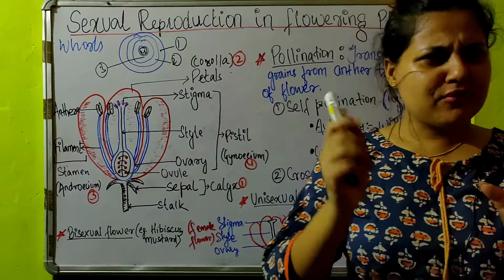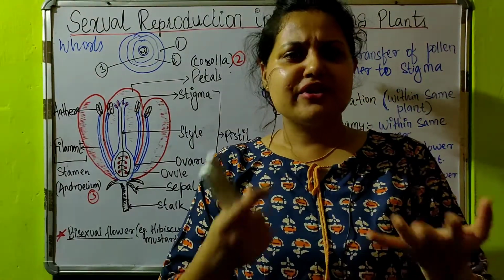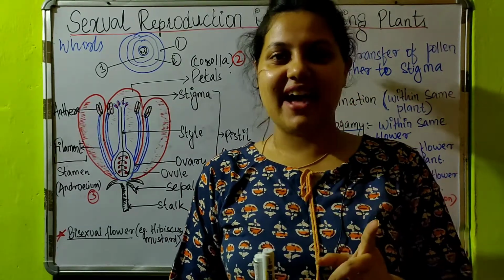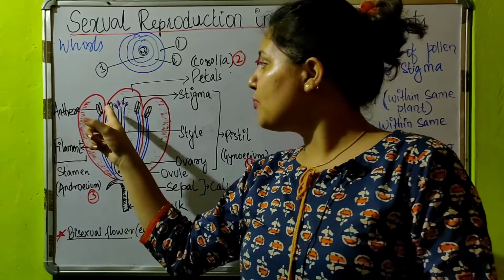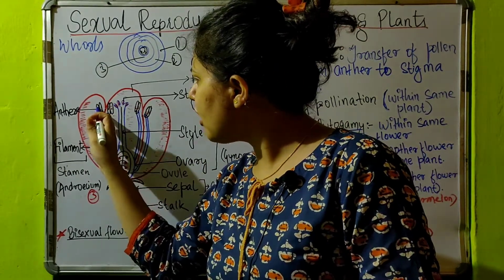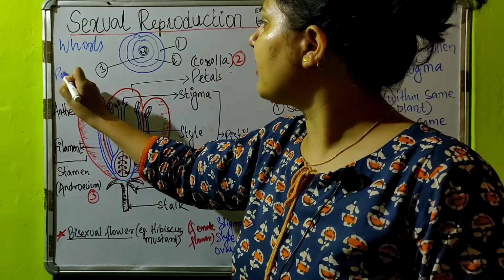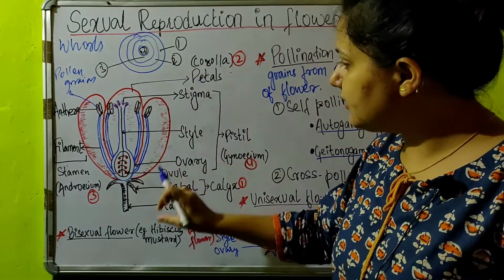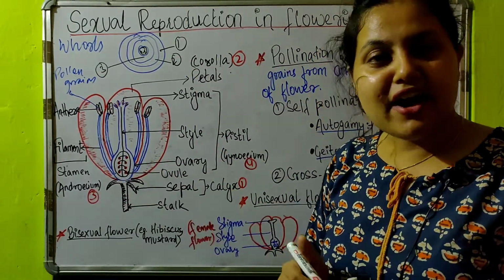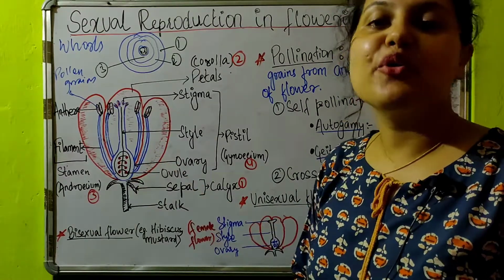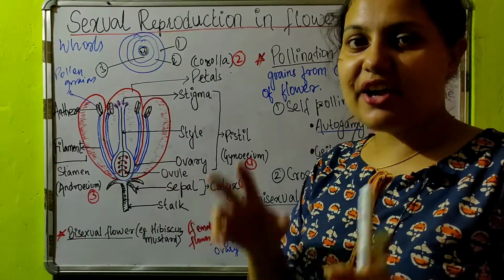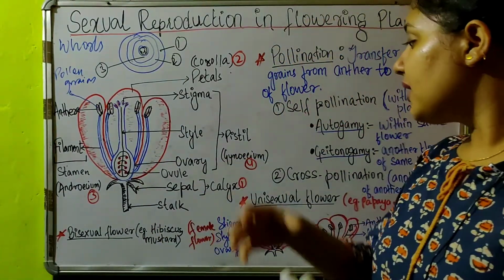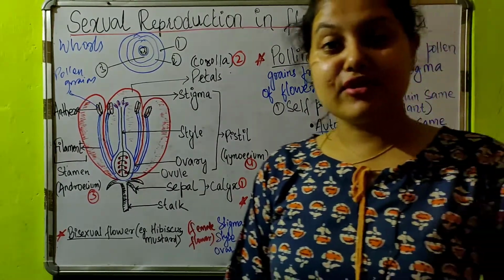One more question I want to ask you. Tell me which is the male gamete and which is the female gamete in the flower. I hope you get that. The male gamete here is the pollen grain. The red dot which I have drawn here is the pollen grain. And this red dot inside the ovary is the ovule, which contains the egg. I hope you got the answer, that is pollen grain and the egg. Now another thing is coming to the unisexual flower.